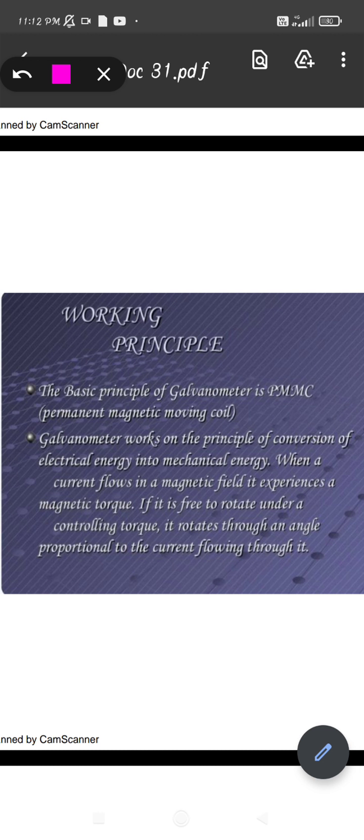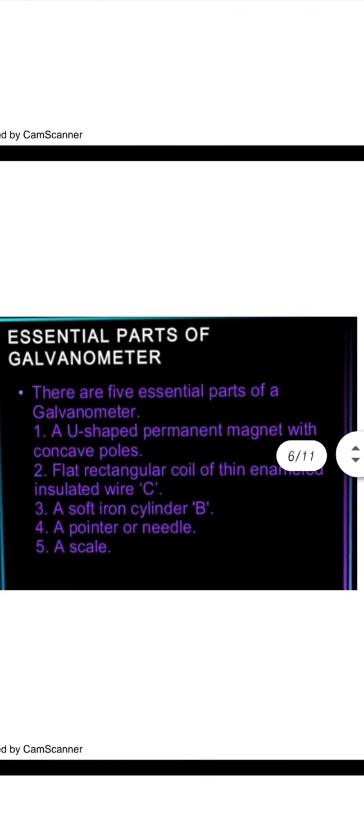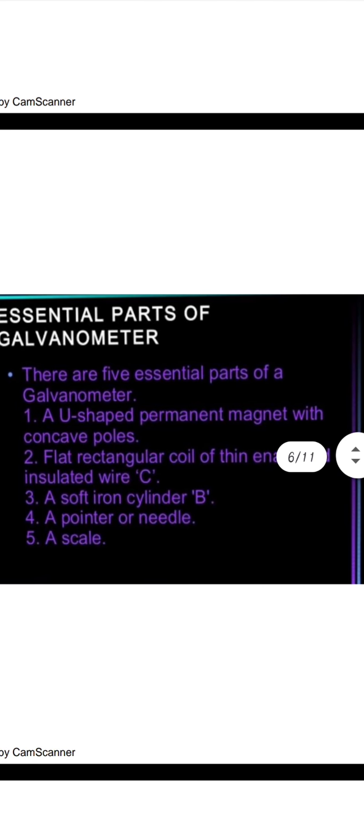That is, two forces will be acting on it, and a couple of forces is given by the torque. So torque is also acting on it, and it will depend on the current also. So we will see the construction of how this galvanometer is made. Before going to that, we will see the essential parts of the galvanometer, and after that we will see the working